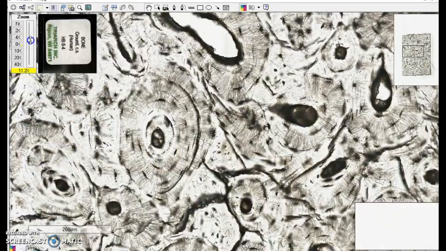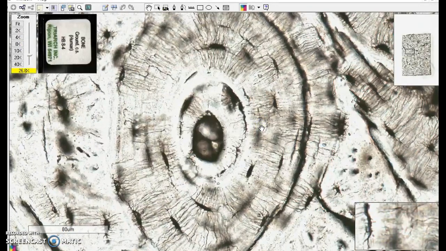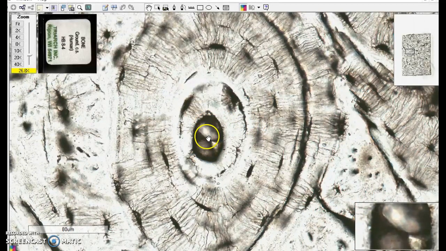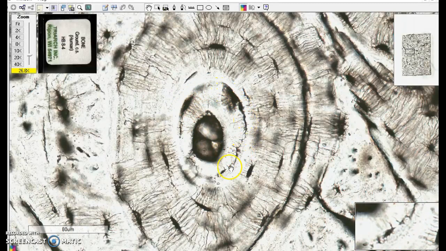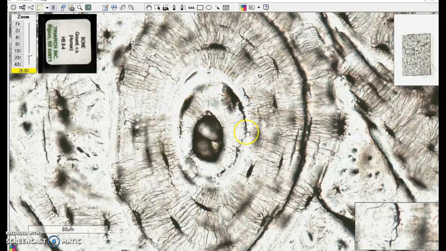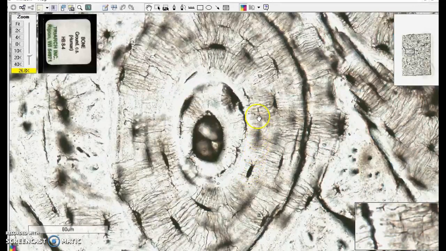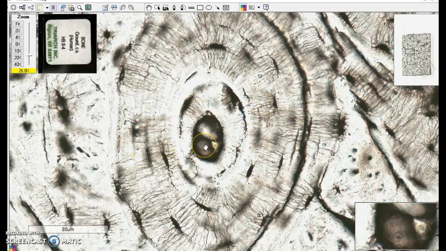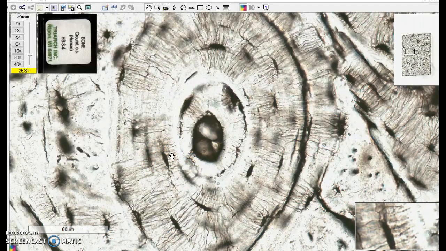So let's take a peek even closer at this particular osteon. Again, this is where blood vessels and nerves would be. These are lacunae, and the lacunae contain the osteocytes, and the osteocytes are laid down in layers. Now, the osteocytes are pretty far from a blood supply, and they help each other out by putting cytoplasmic extensions